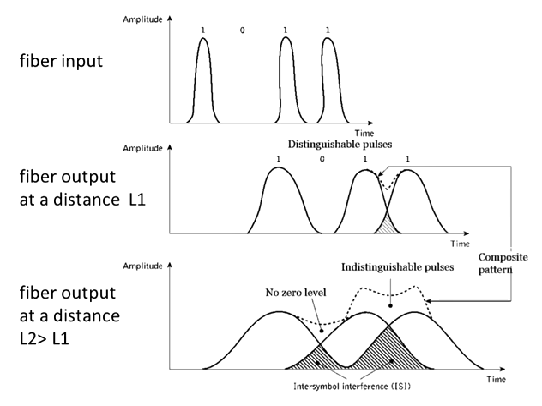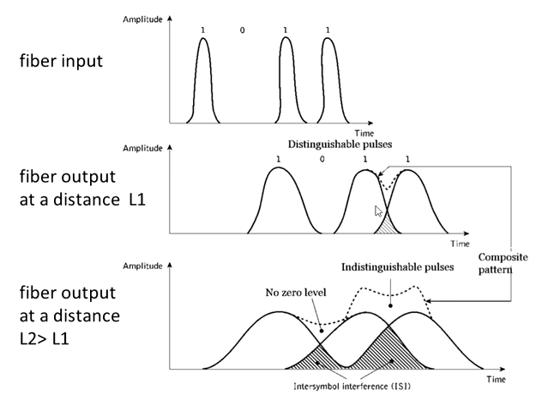Now as these pulses travel along the fiber, let's say up to distance L1, then because of the dispersion, the pulse width gets increased. So you can observe in the second figure, there is overlapping between the second pulse and the third pulse. Since they are near to each other, the pulses overlap. That is shown by the shaded region.